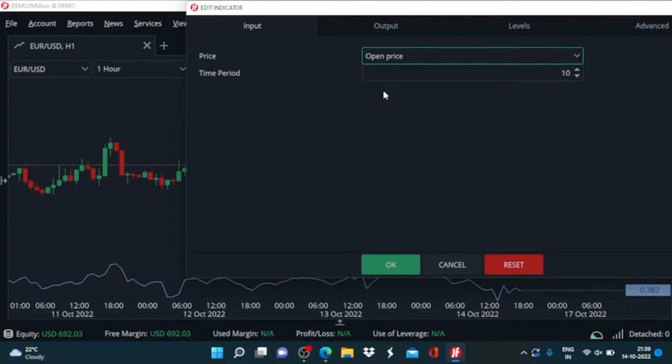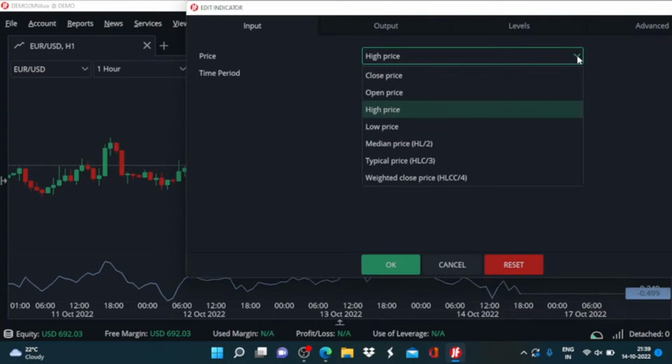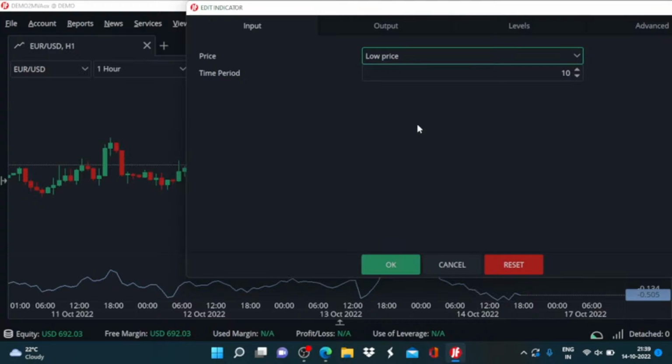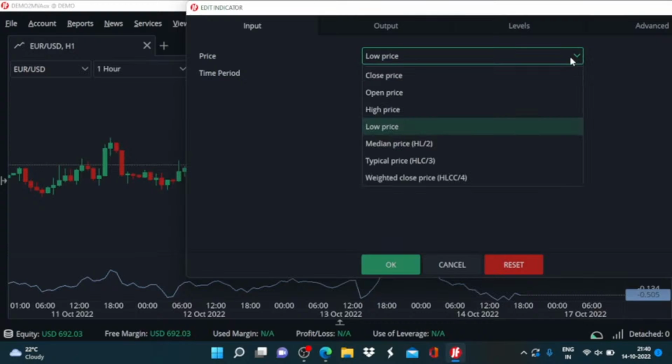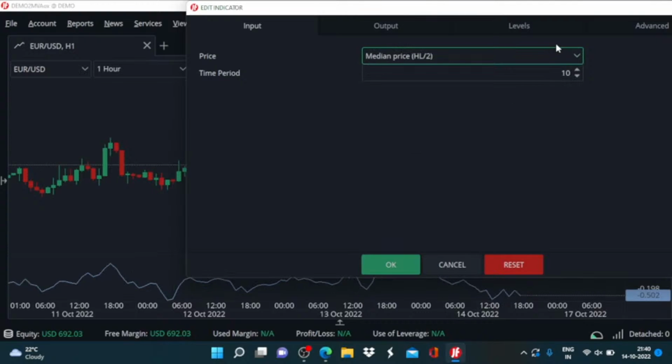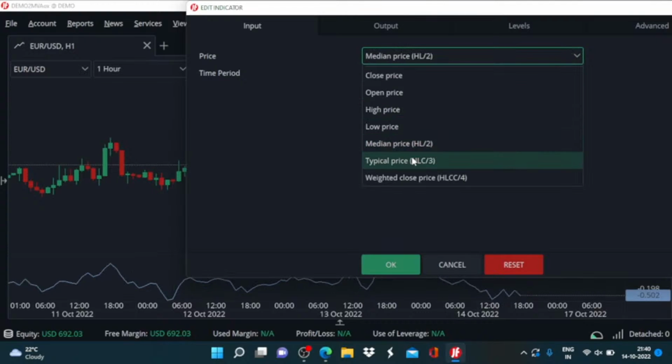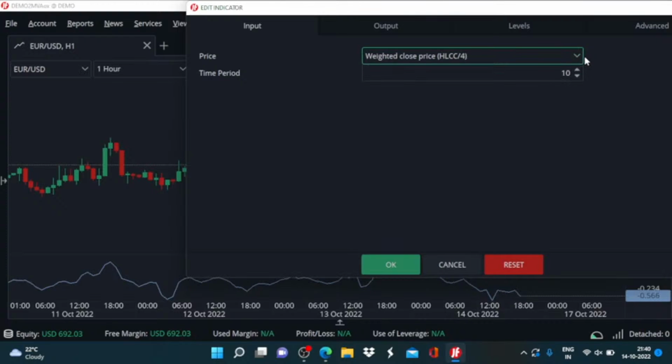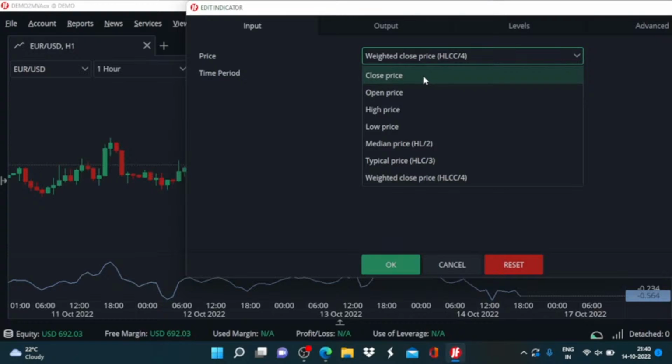Which kind of applied price you use is also going to have a large impact on what kind of output you get. So here you do have to pay attention to what kind of applied price you want to use, and whatever suits your criterion, then that price can be utilized as your chosen setting for this